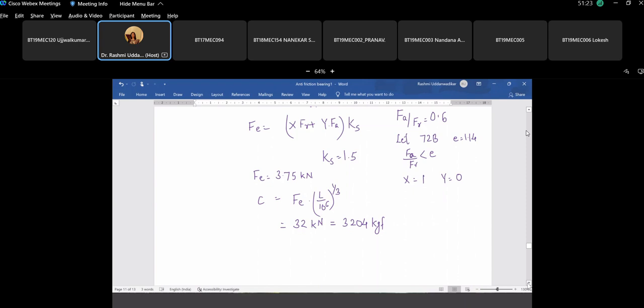So now there is a conflict between the load carrying capacity and the shaft diameter. So what do we do? For this value of C, the next available value is 3650. Change E. Yes. For which the bearing is 7211B. But then the shaft diameter will become 55. This cannot work with us because we want the shaft diameter to be 50. So if you turn the page and if you go for the 7-3 series, for